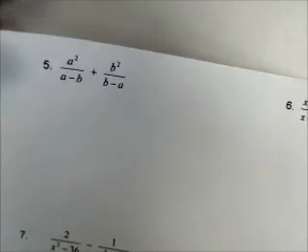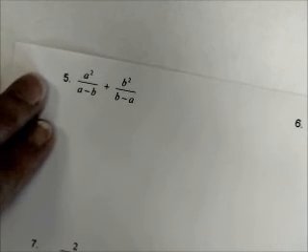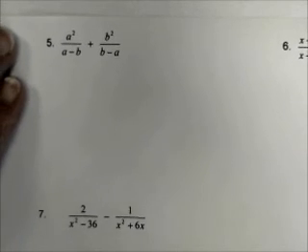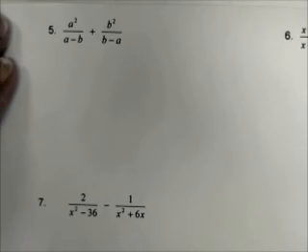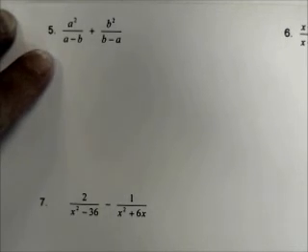Today we are on page 5 of our Chapter 2 notes packet. Continuing where we left off the other day, we're adding and subtracting rational expressions with unlike denominators. So starting on page 5, number 5, we have these two rational expressions, a squared over a minus b plus